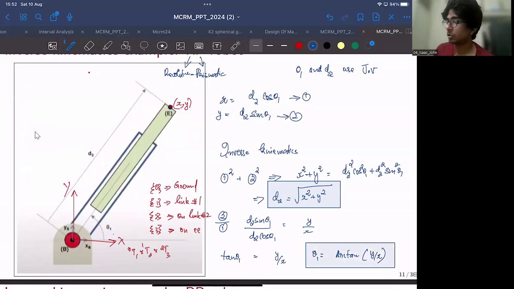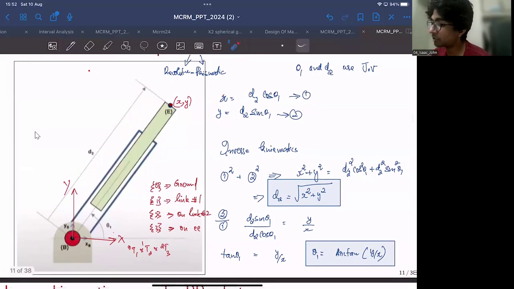right? So with this, you have solved for the joint variables d2 and theta1, right? For a given x and y Cartesian coordinates. That is one way of solving the inverse kinematics, right? Okay, so